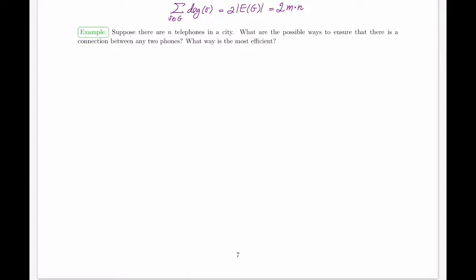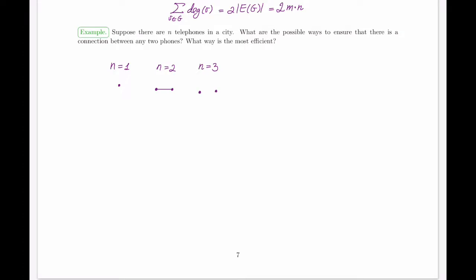So let's start with small examples. If we don't know what the general result is supposed to be, and generally we don't, we're going to try to see what we can do with small values for the parameters. So if I have only one telephone in a city, that's a pretty boring problem. It's connected to nothing. So there we go. If I have 2 telephones in the city, of course, the only way to connect them is to connect them directly to each other. But the moment I have 3, I have some flexibility.